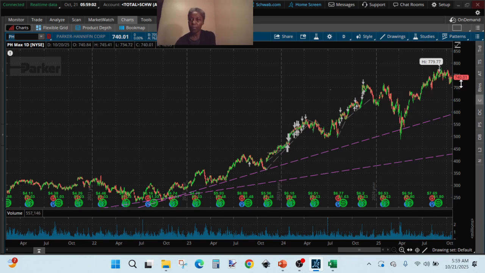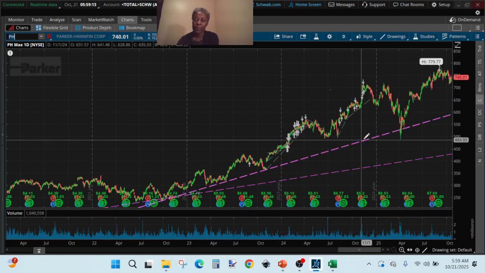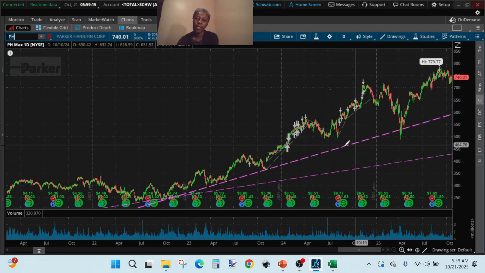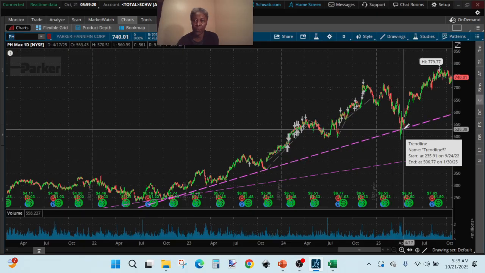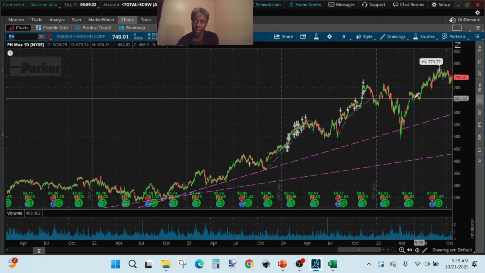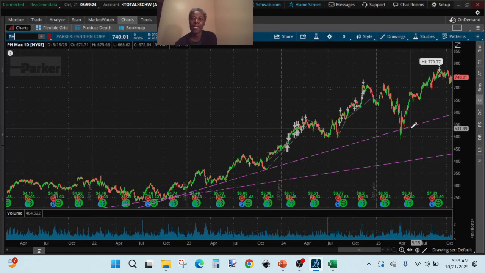So if this is the valley line, then this cycle has not ended here until it comes back to it. If this is the valley line, then this cycle ended when it touched base with it and went back up from there. So it's just by analyzing and observing the chart that you get to know